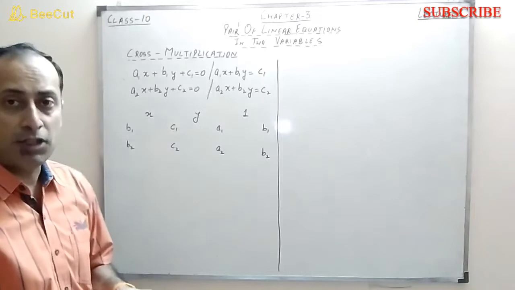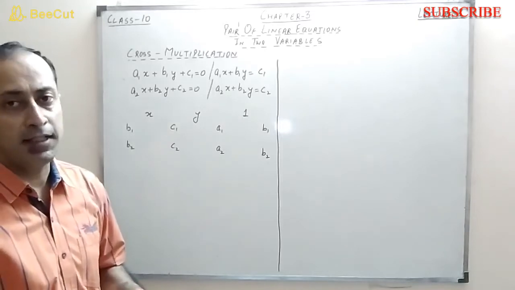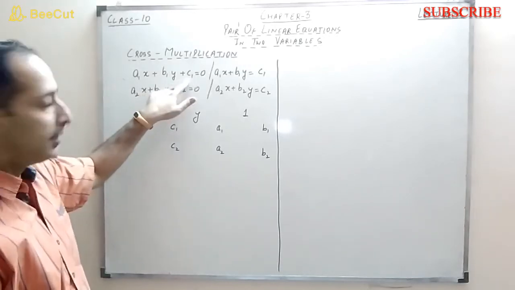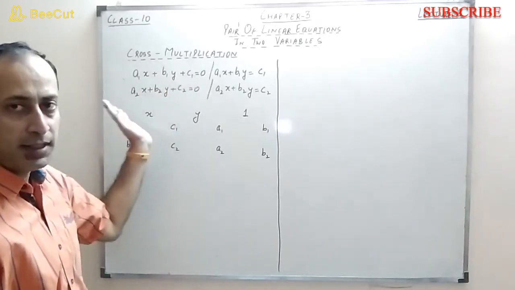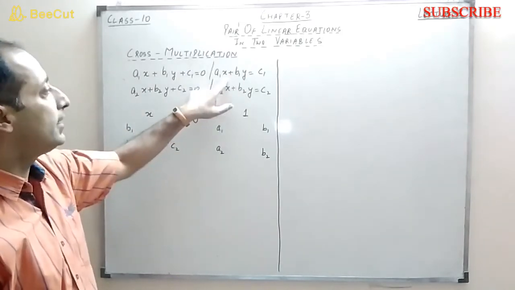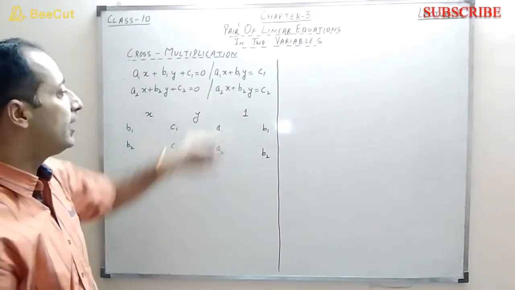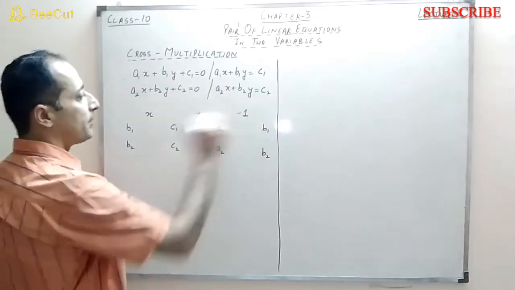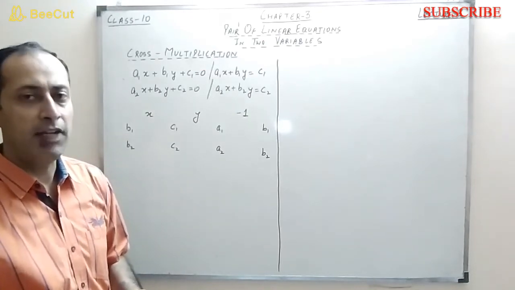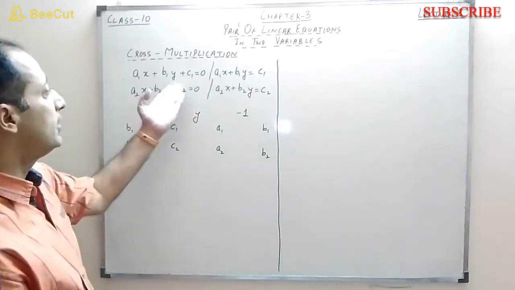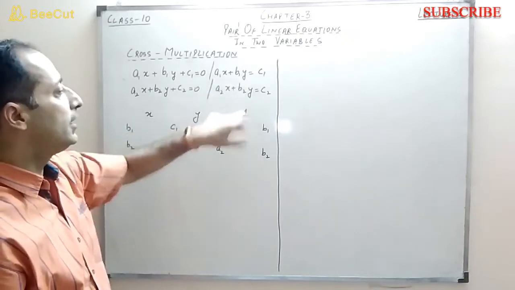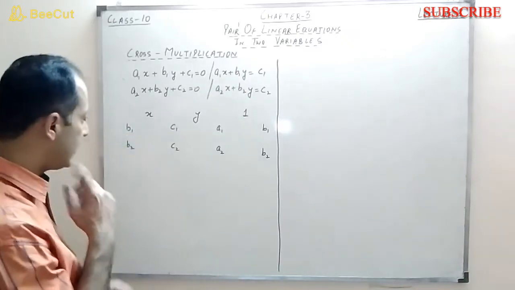It's your choice. You can do it either way. In both cases you will get the correct answer. But if you keep all the terms on one side with an equal to 0, then you put 1 here. But if you write the equation in the other form, then you write -1 here. Only this is the difference. Answers in both cases will be correct, so it is your choice. If you write this way, you write 1; if you write this way, you write -1. Right?